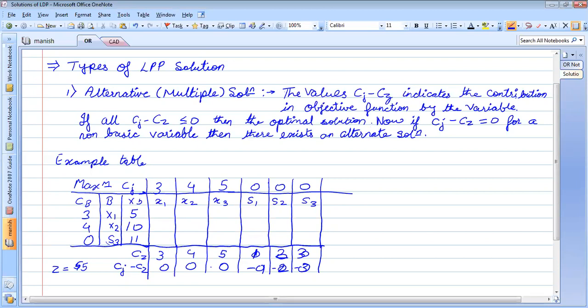Now, if Cj minus Zj is equal to 0 for a non-basic variable, then there exists an alternate solution. That is, this variable could be included in the basic variables, and you can get some other values of the basic variables, indicating that there is one more solution.